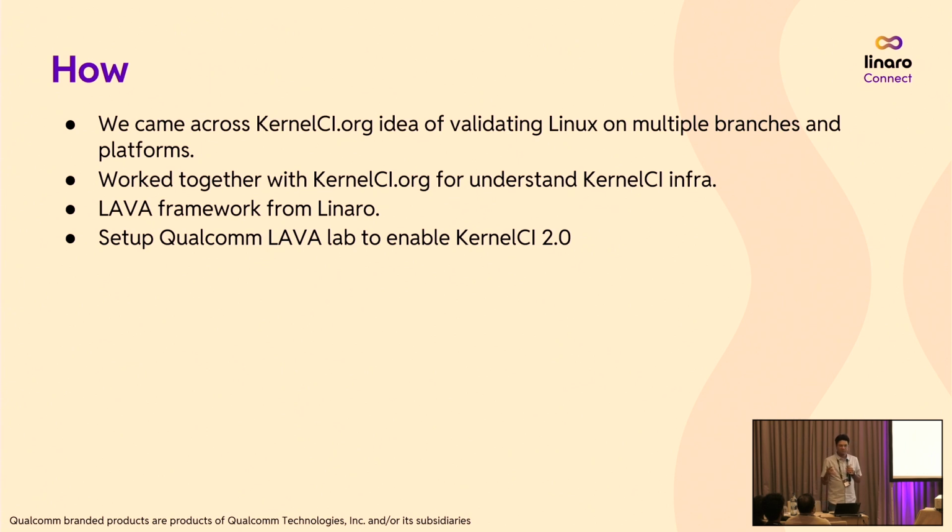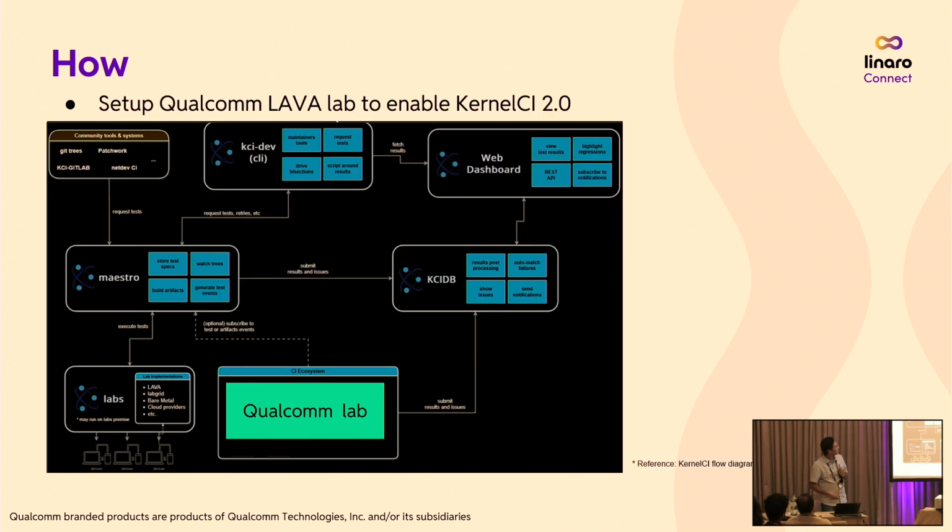Then they came up with an idea. They had that idea, but had never implemented it. It is called KernelCI labs, so you can have your own labs. I will go through the architecture. The new model is called KernelCI.org 2.0, where they will not trigger the jobs. It is the KernelCI lab's responsibility to consume the artifact, test it, and push the results to their dashboard.